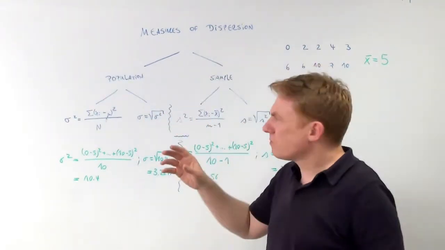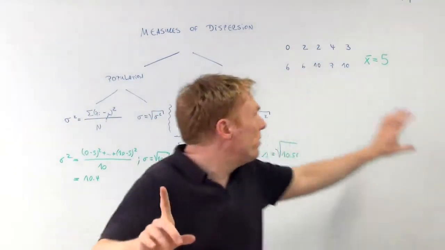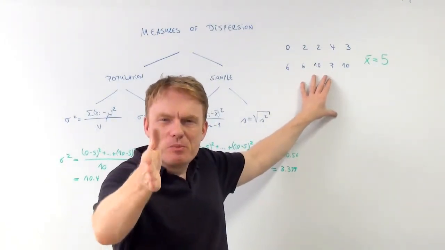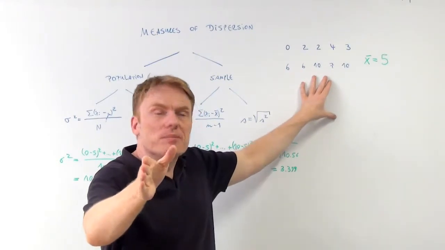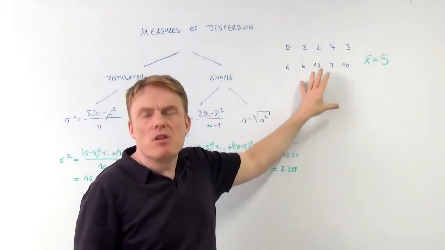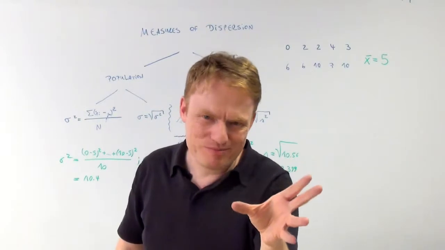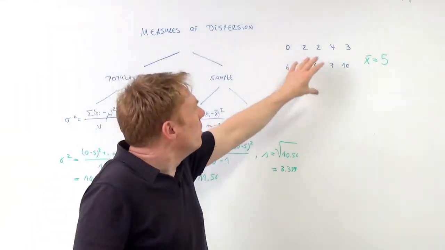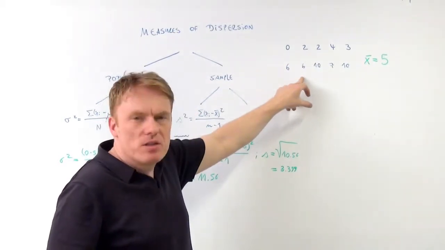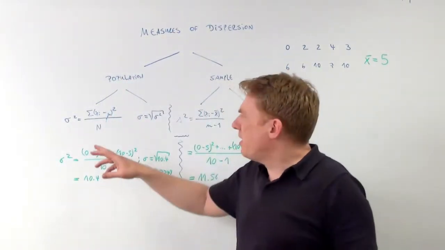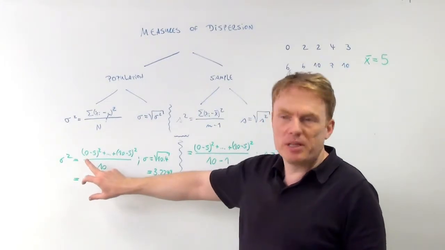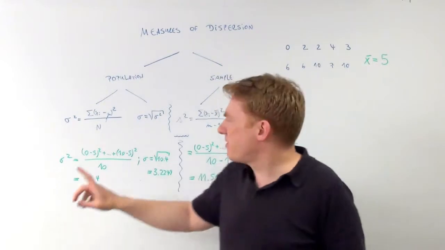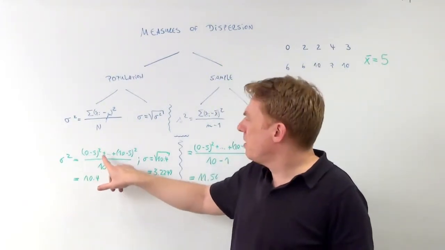And then, provided that this is the population, that we're living on a small island with only 10 different people, and it's going to be the monthly income, for example. Yes, the monthly income in $1,000 per person. So, if that is the population, we need to calculate the population variance using this way: 0 minus the arithmetic mean